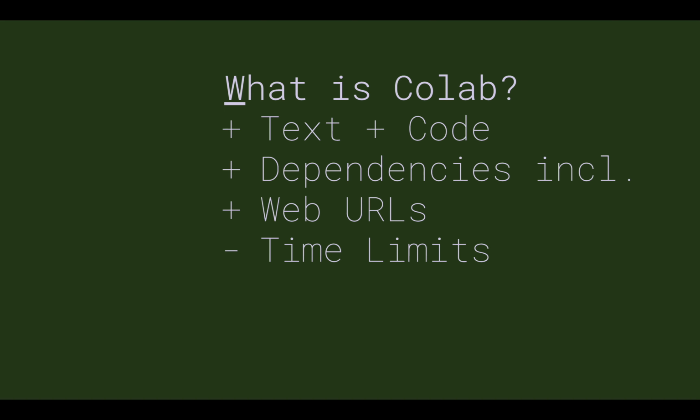Now the downside is there are time limits to this. We'll talk about this in a minute. Based on how much you pay, there is a time limit, but also there's just in general a time limit for how long you can run one of these at one time. So when we look at doing this with video, you might want to run this on 100 videos all at once, and you'll find that very likely you can't run all that code on 100 individual clips in less than 24 hours, which means you might run into issues with Colab. We'll talk about that as we get deeper into the class, but just be aware there are some time limits.